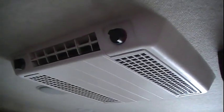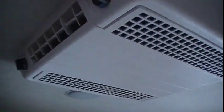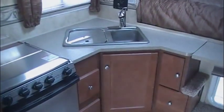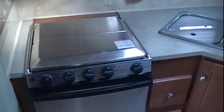That is a lot of AC for a camper. That's going to keep you nice and cool if you're going somewhere that you need it. Recessed lighting, really a popular feature. The kitchen is just amazing in one of these units. The A11 boasts all stainless steel appliances,